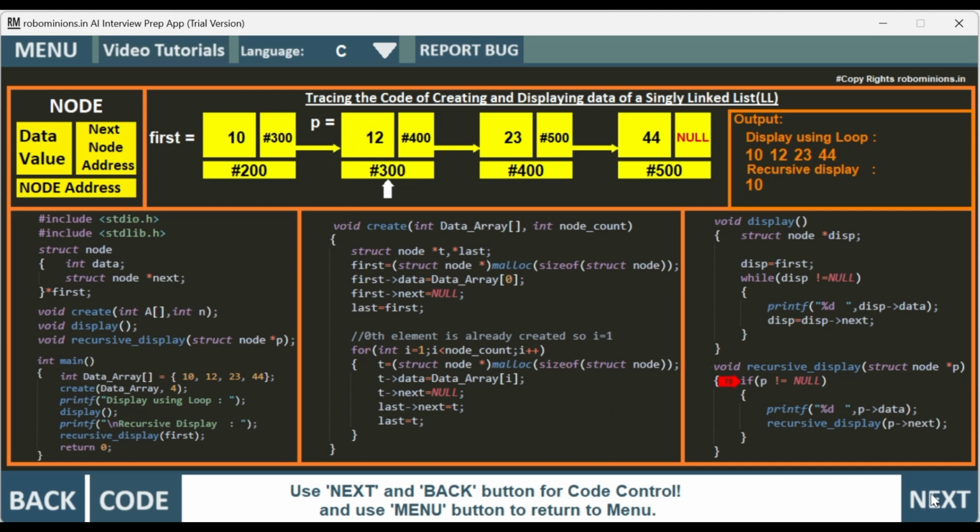So now again P is not equal to null. 12 is displayed. P data is 12 at this point. Then again recursive display is called, which makes P next. So again the P is moved to next node. So P is not equal to null. P data here is 23. Now again P is moved to this node, and P not equal to null, true, and P data is 44 at this location. Now when again P next is called, P becomes null and recursive function is called again, and